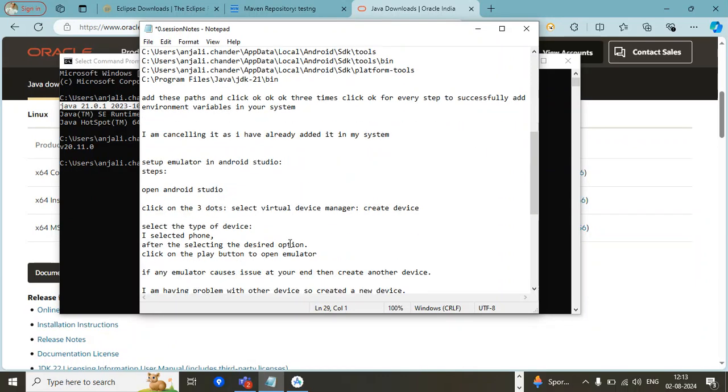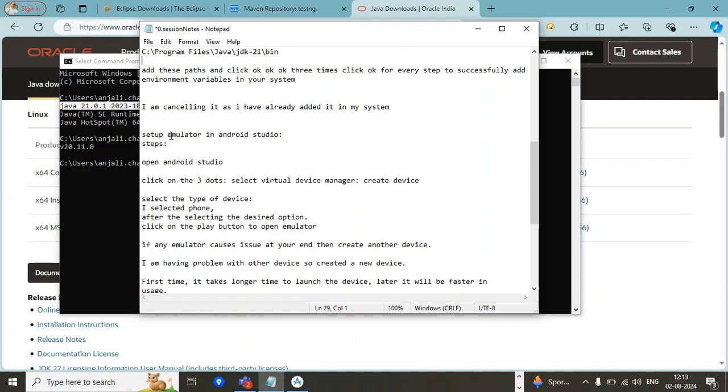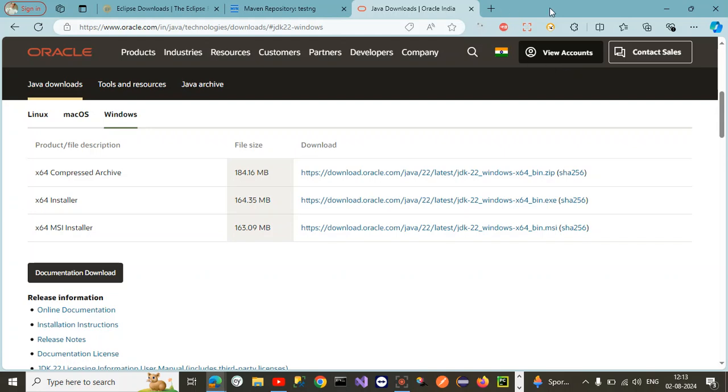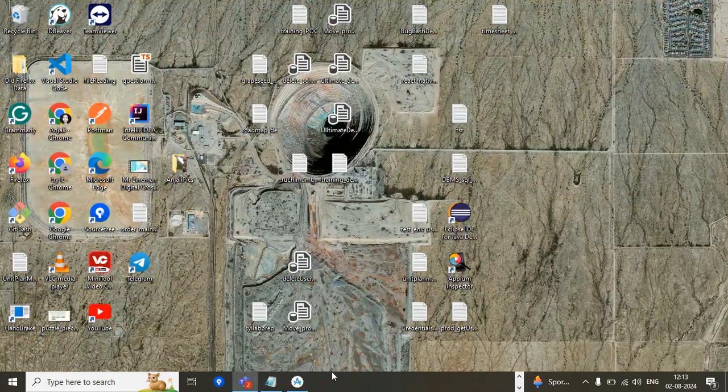After that, our next step is to set up the emulator. Emulator is basically a virtual device. For example, you don't have a physical mobile device and you want to start writing your test cases for mobile app testing, so you might need a virtual device, right, as an alternative. So that's the alternative, the emulator, and that is available in Android Studio. Okay, so that's cool. Let's close all of this because we don't need it right now.